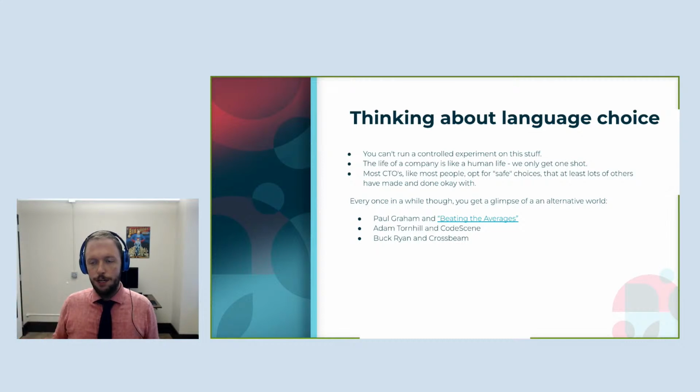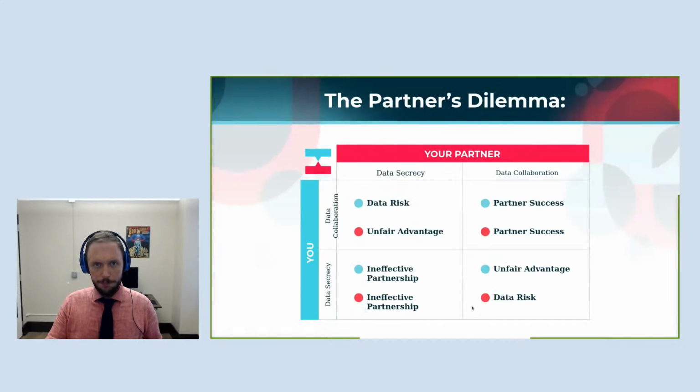Then, just one year ago, in this very meetup, we heard from Adam about their experience at CodeScene, first implementing something in one language and then implementing it in Clojure, and finding how much better, easier, and faster it was, even though Clojure was unfamiliar. So I'm aspiring here, if nothing else, to add another datum to the story, which is Buck here at Crossbeam. You'll see how we ended up starting with Python, but then moving on to Clojure.